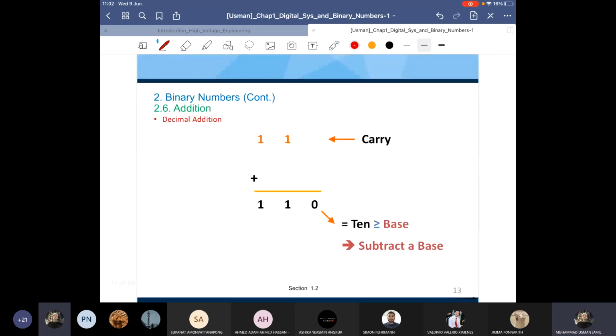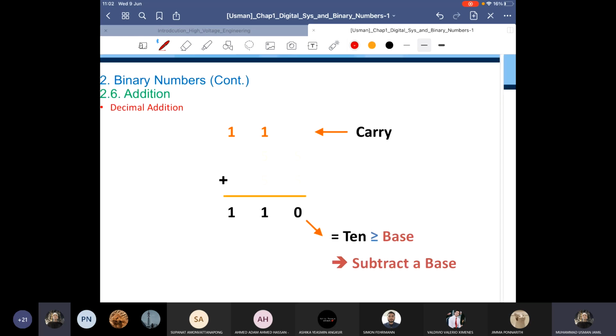And now we have binary addition, binary subtraction, and binary multiplication. So how can we do binary addition? Here we will discuss three things: binary addition, binary subtraction, and binary multiplication. First, let me give you an overview, because you know these things, of how